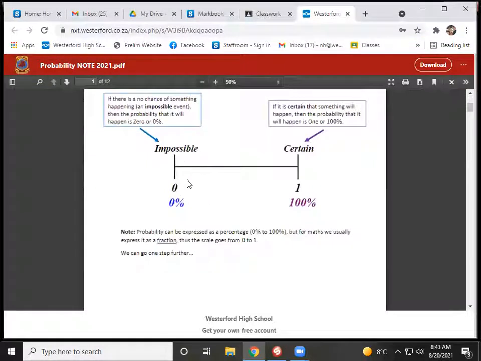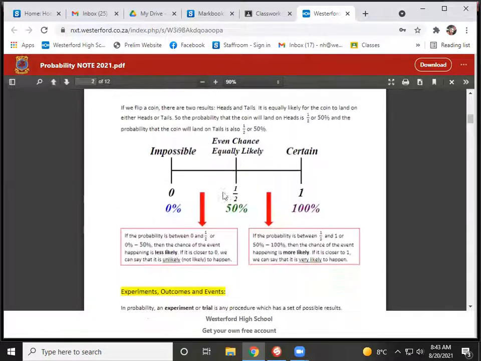And we were talking about impossible events and certain events. So the probability of an impossible event would be 0. The probability of a certain event would be 1. So that is why in D of that question, where they asked, what is the probability that you will arrive at school? They just said you're either going to arrive late or you're going to arrive on time. So that means that you are definitely going to arrive, whether you're late or on time. So that is why that probability was 1, because it's a certain event that you will arrive at school. We can look at that again now.